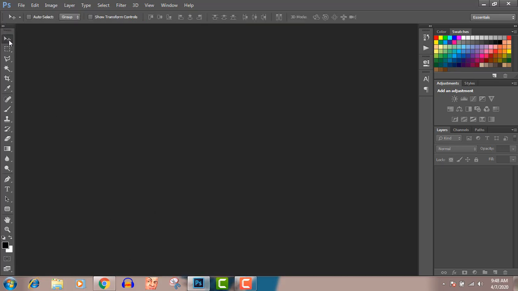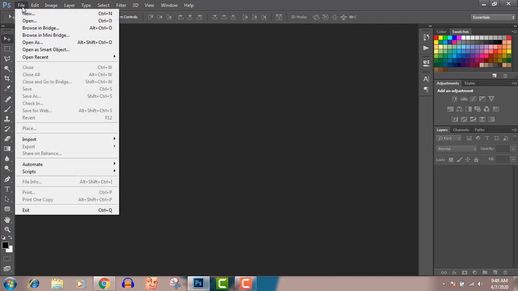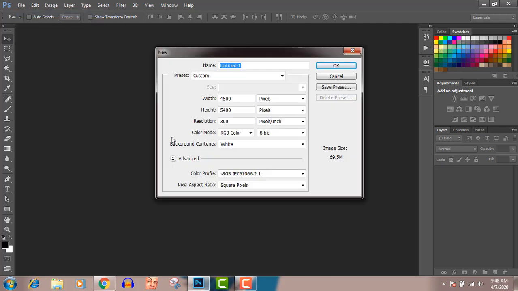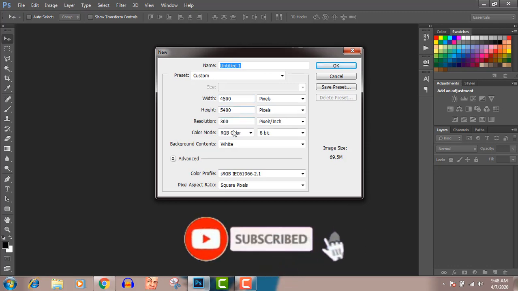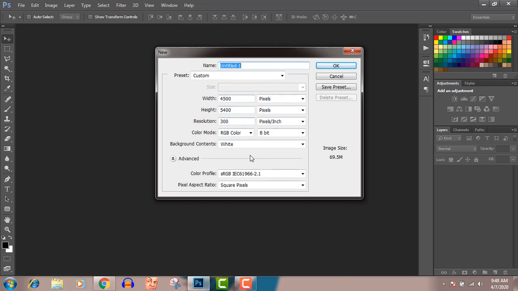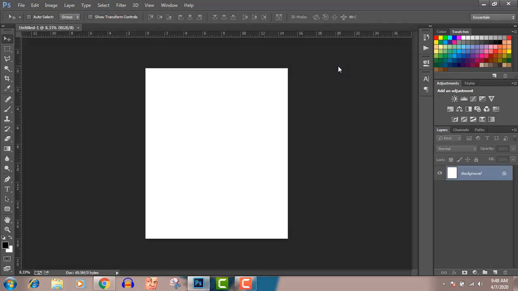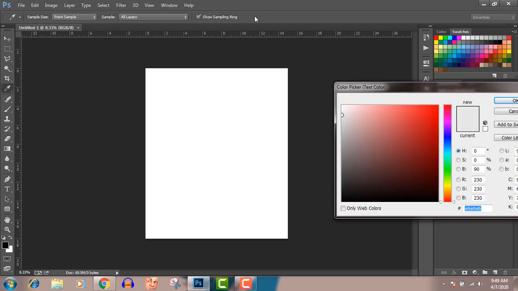I'm going to click on that, go to File, New. This is the standard 4500 by 5400. Just make sure your settings are just like this, just about this. You can pause and save that. Make sure your settings are about that, nothing complicated. You press OK. So for this, it's going to be a text-based and element kind of design. So for this, I'm just going to put in, let me start with